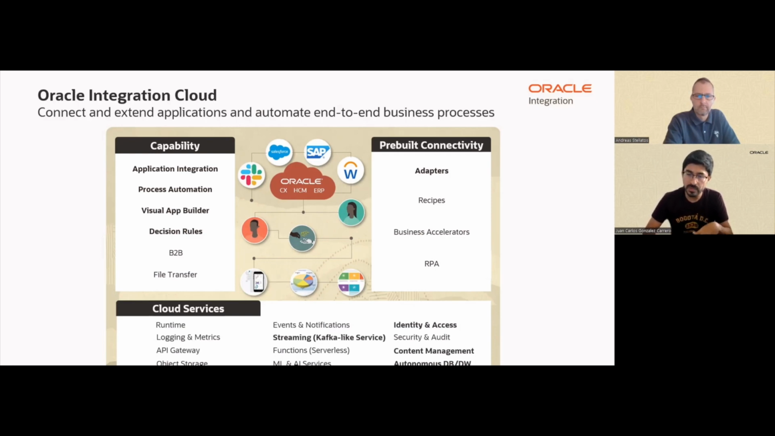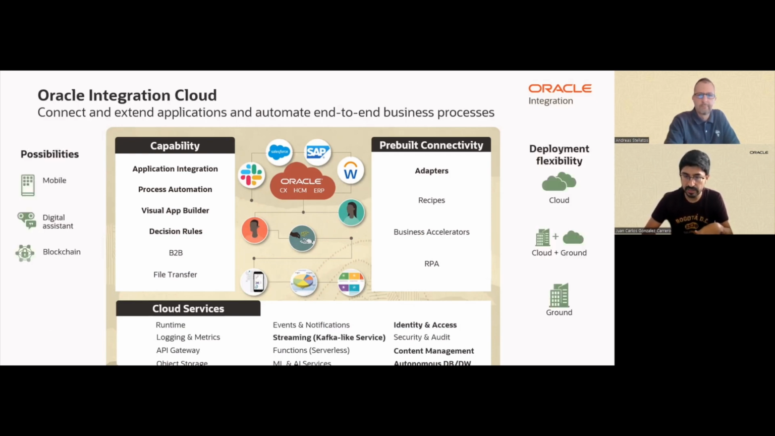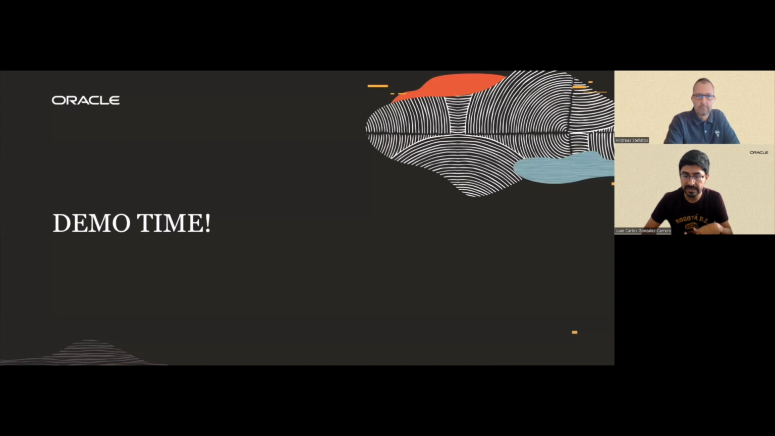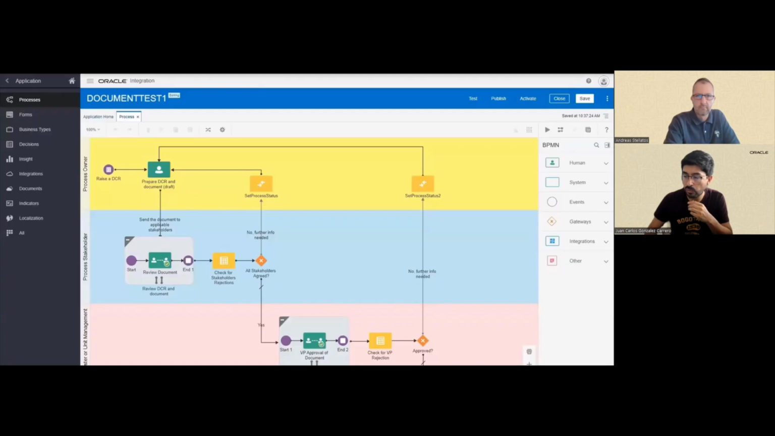Okay, so let's move on and see this demo in action. The first thing I will share with you is what the process workflow looks like. Basically, what we have here is